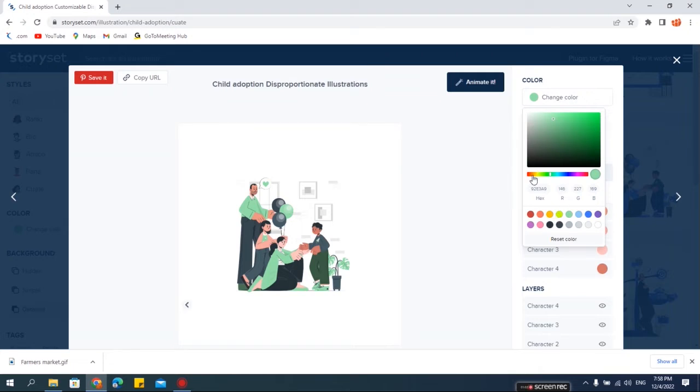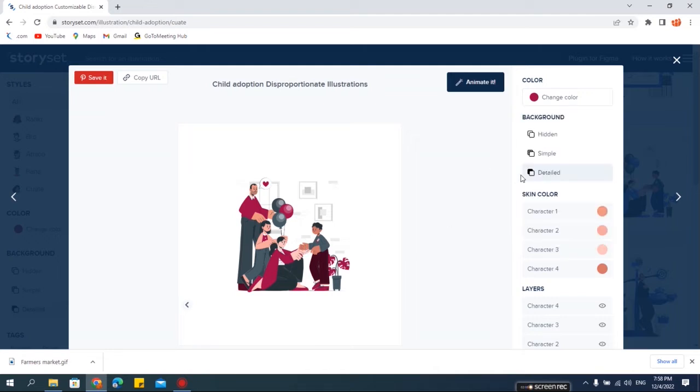Alright, here we have the color slider. I can also move the color slider here, and I can change the color by using this. You can select any of these colors here. You can move the cursor and select the colors. So if you are happy with the color, you can just leave it, and you can see that next is